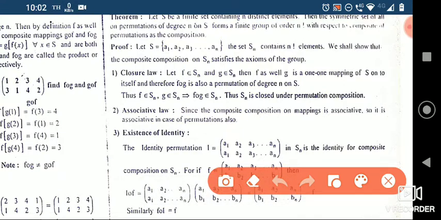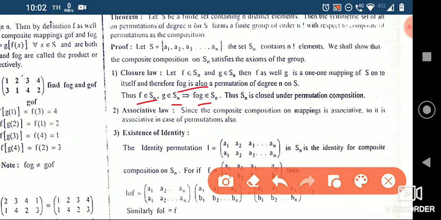Therefore, f composite g is also a permutation of degree n on S. We have just checked that when you take the composite, the degree of the permutation does not change. Thus, if f belongs to Sn and g belongs to Sn, then f composite g belongs to Sn, because the number of elements does not change.